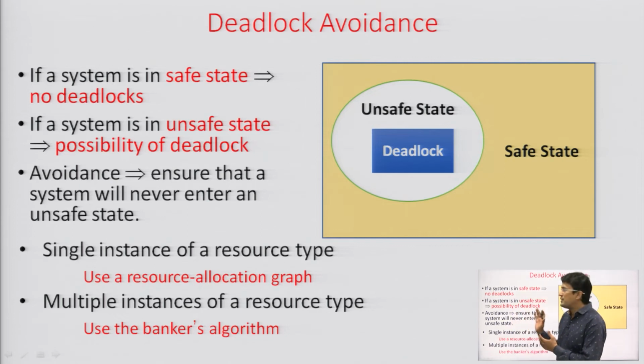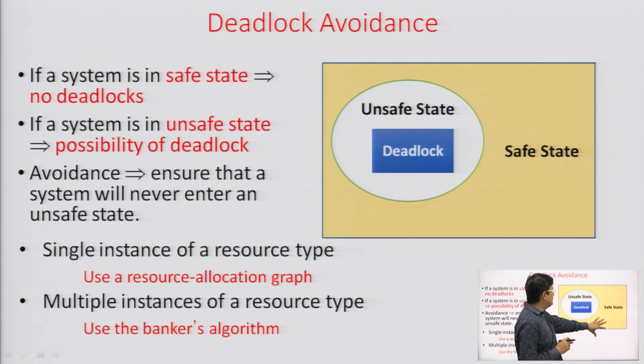So, here is a diagram that shows the safe and the unsafe state. Safe state means all the processes can run to completion if the resources are allocated to the processes with the current need. Unsafe means the request of one odd process cannot be satisfied. So, that is the unsafe state, and a very small subset of the unsafe state is deadlock. It means all unsafe states do not lead to the deadlock. There may be very few instances that will be the conditions of the deadlock. So, safe state, a subset of that is the unsafe state, a subset of that is the deadlock state.